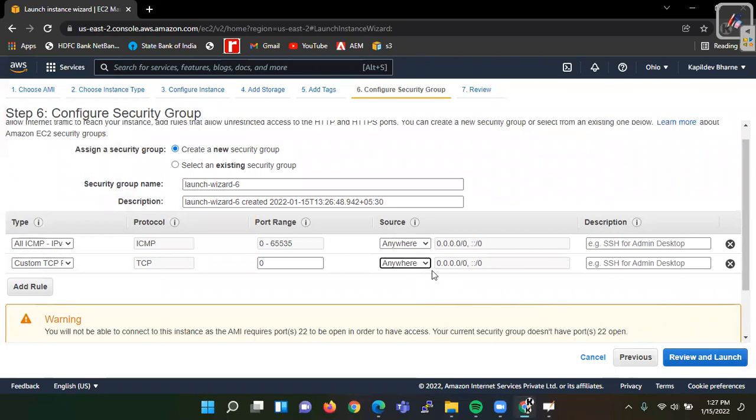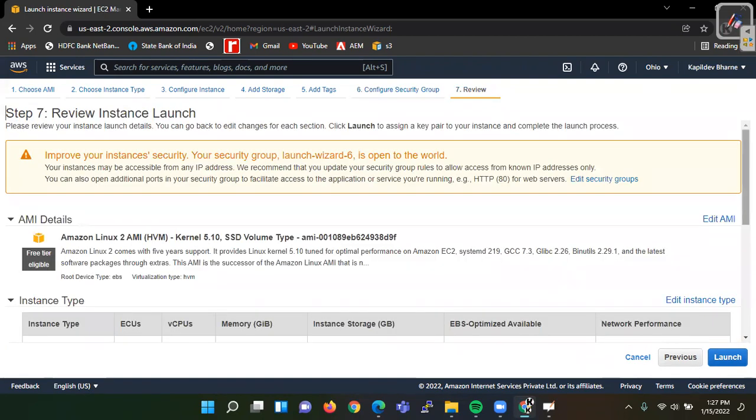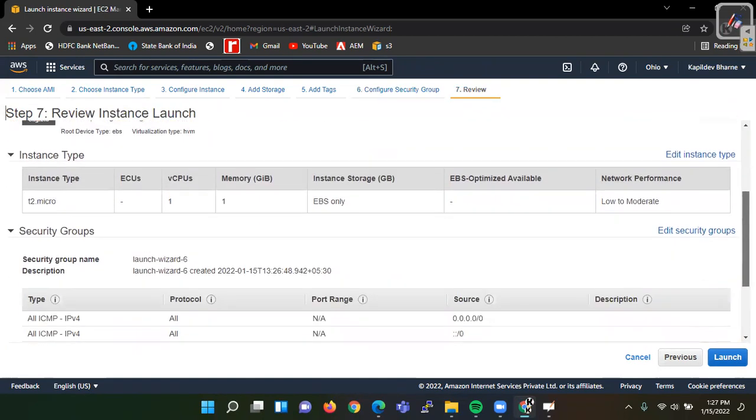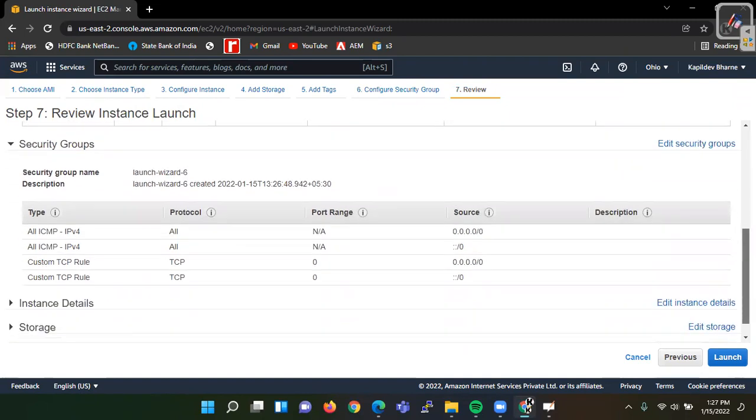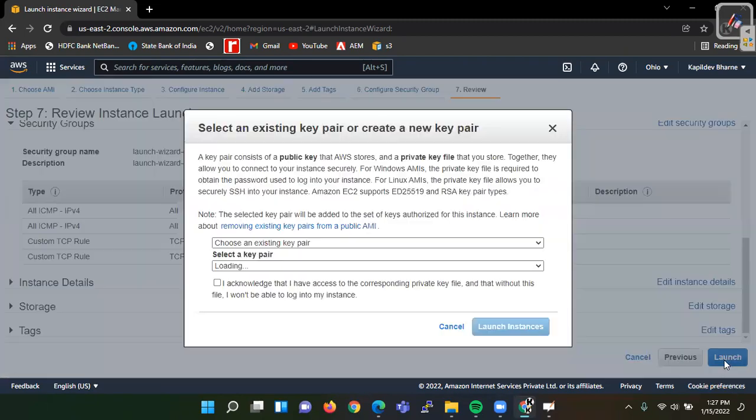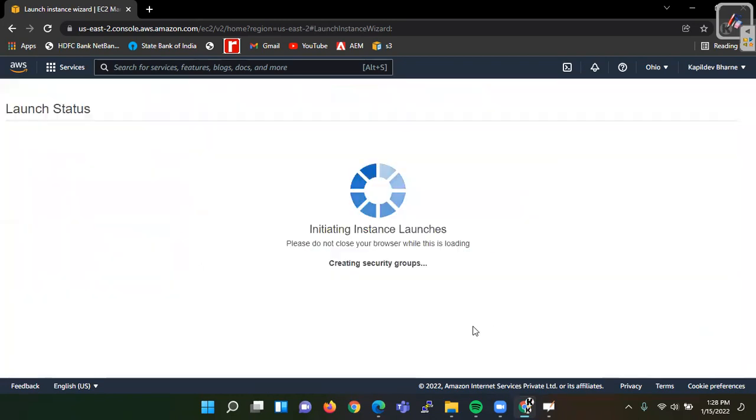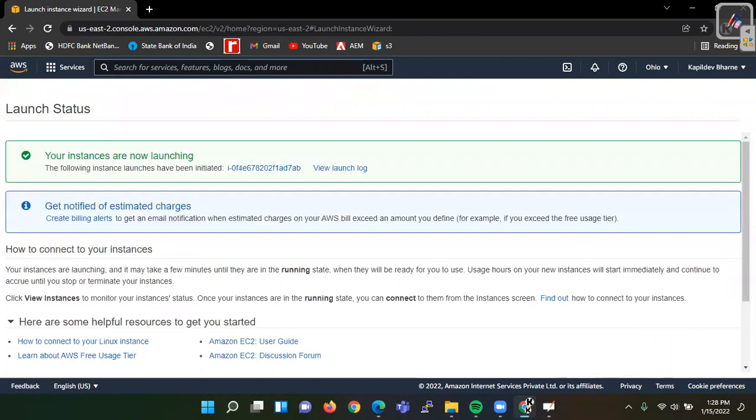Actually you should give some custom range; for security you should give a proper range, but for demo purposes we keep it as it is. So review and launch, and again we give this new key and launch the instance. That's it.